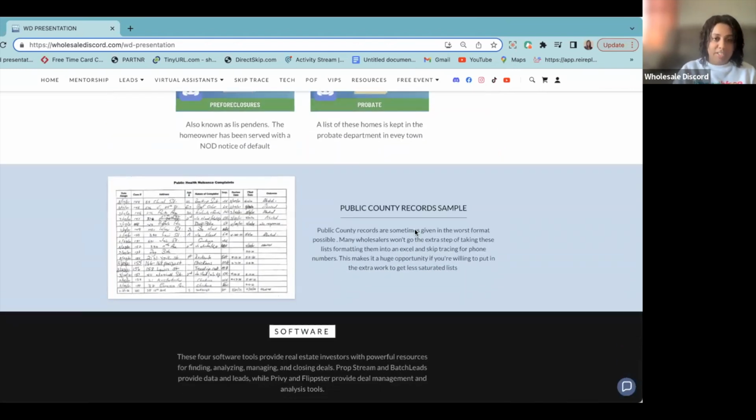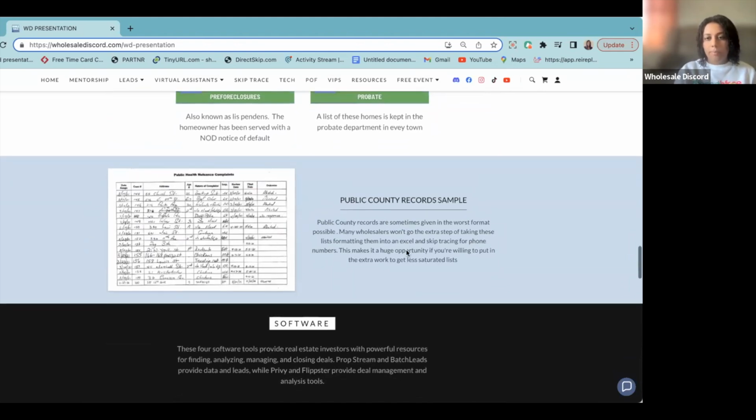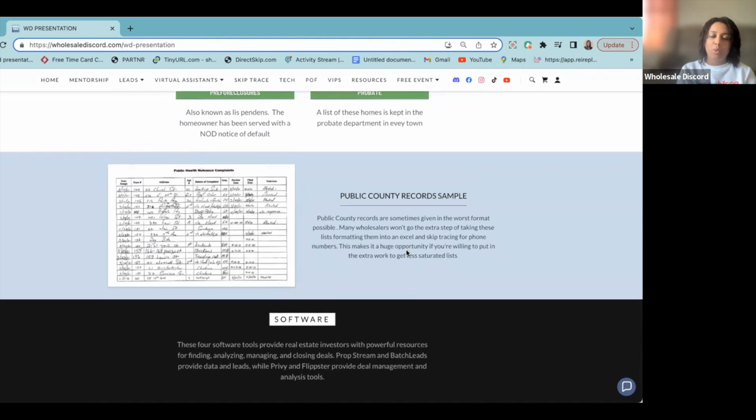So, public county records example. This is an example of a code violation one. Public county records are sometimes given in the worst format possible. Many wholesalers won't go that extra step of taking these lists and formatting them into an Excel sheet to skip trace it and get the phone numbers. So it makes it a huge opportunity if you're willing to put in that extra work to get less saturated